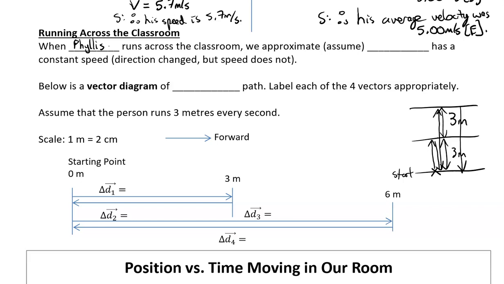So let's pick our friend Phyllis. Phyllis runs across the classroom. We assume that Phyllis, she, has a constant speed, all right? Now, clearly the speed is going to increase when they're changing direction and decrease when they're about to change direction again. So it's not necessarily the full picture, but we have to take the average velocities. So we have the vector diagram below of her path,